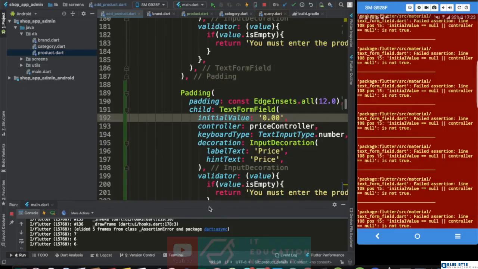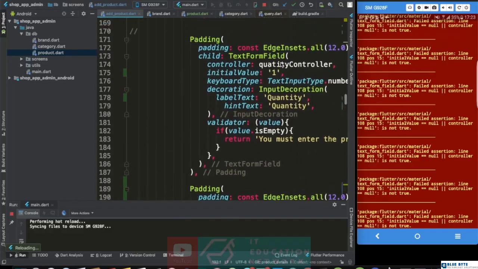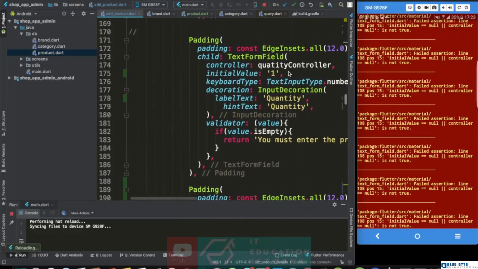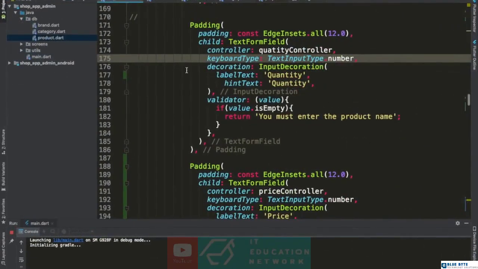We have here our initial value controllers. I don't know which one of these fields has the issue, but it seems like the issue is with our initial values in here. So let's just stop this and run the app for me. While the app is running, to avoid wasting time,